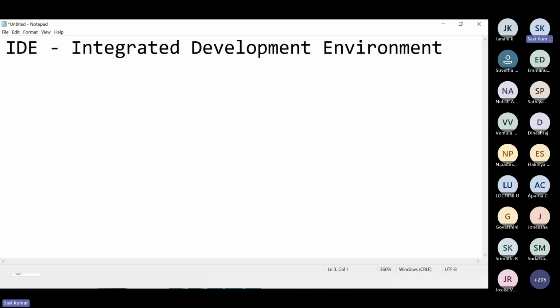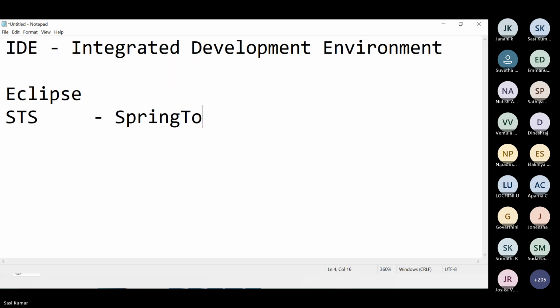There are various companies that have introduced different types of IDEs in which we can develop various programs. One of the famous ones is Eclipse, which we are going to see. The second one is STS, which is Spring Tool Suite.